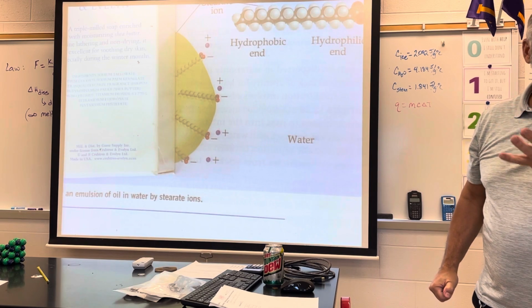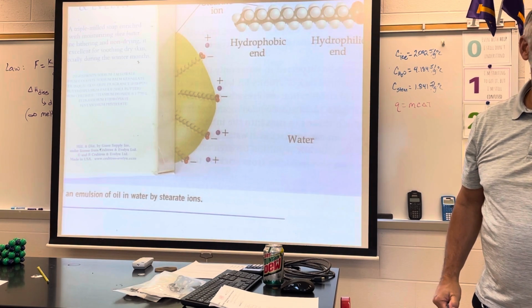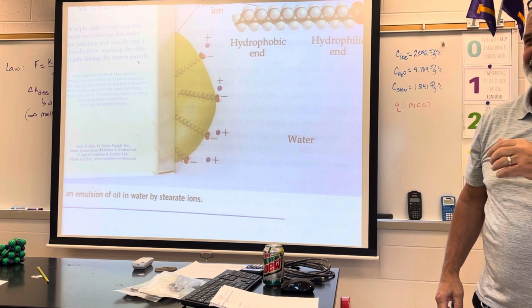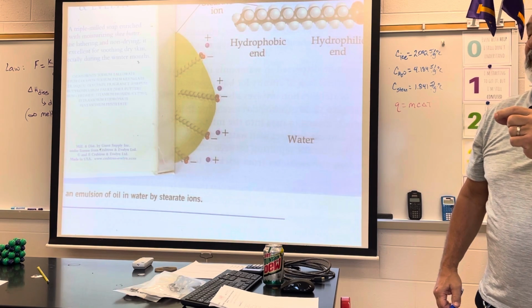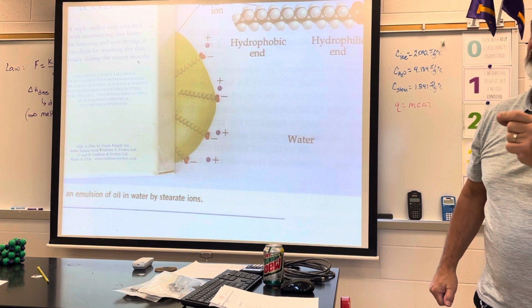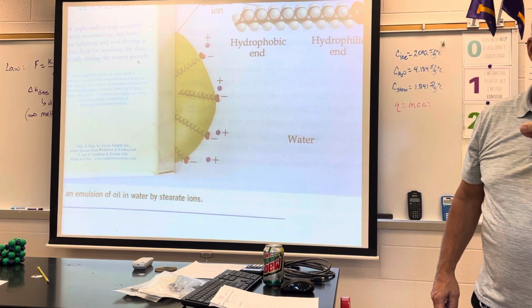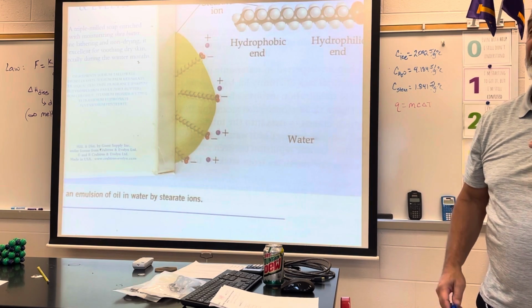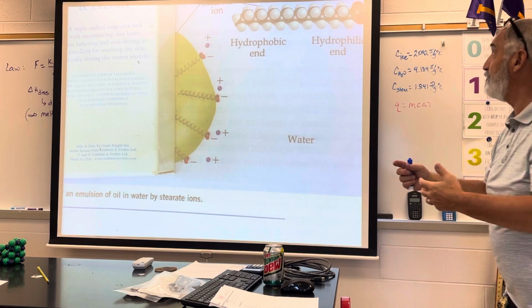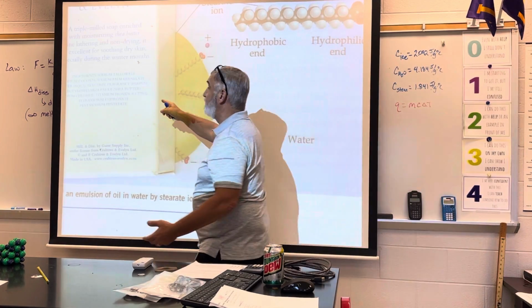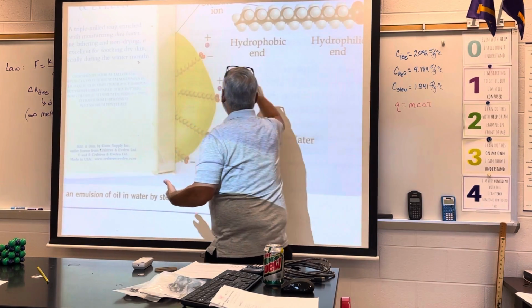They treat it with lye, L-Y-E. Okay, yeah, that was a dad joke. Lye is a commercial name for sodium hydroxide. So they treat it with sodium hydroxide, and that neutralizes the acid. It pulls the hydrogen off the tallow, the carboxylic acid, and it ends up giving us